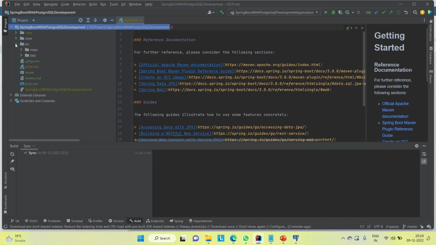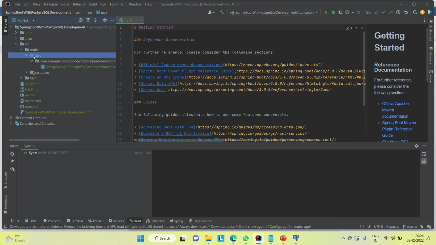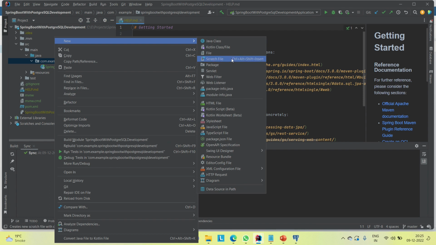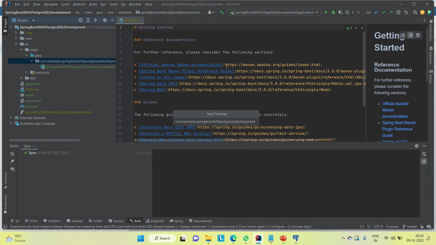So I can see this is created. And I will be creating a simple architecture. We will follow the entity, service, repository and controller parts. Okay, and then we'll create those things. So here I will be creating some packages,